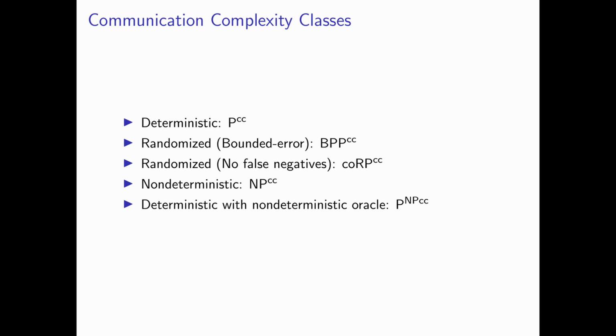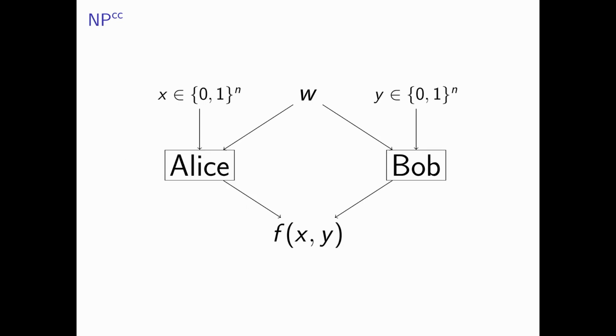In the NP model of communication, an all-knowing prover who can see the inputs announces a witness string, and the parties independently decide to accept or reject only seeing the witness string and their input. The cost of such a protocol is the length of the witness string. Note that there are some other ways to define non-deterministic communication that you might see in the literature, but all of these definitions turn out to be equivalent.